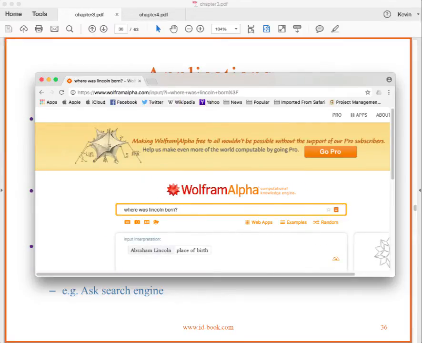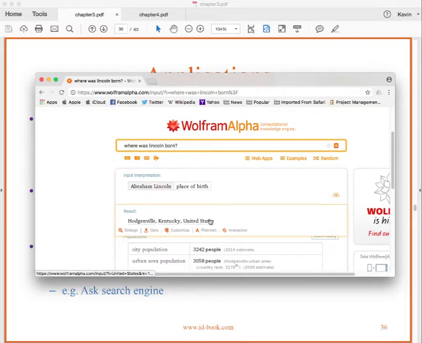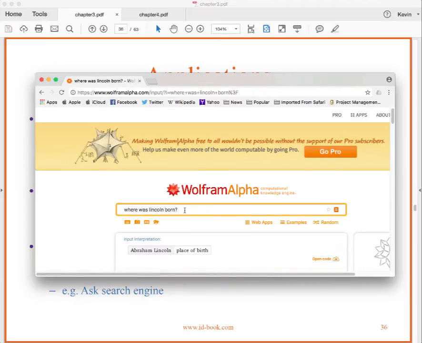And it says it thinks we're talking about Abraham Lincoln, place of birth: Hodgenville, Kentucky, United States. So that looks pretty good. That worked fine. Okay. And then they always have a way of heading off the tricky questions, like how much wood